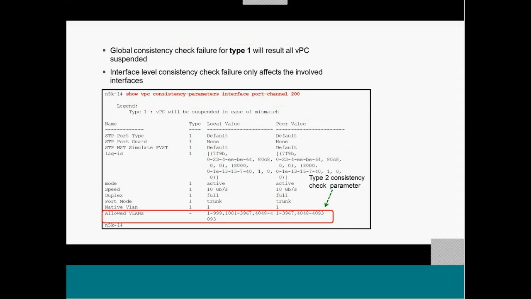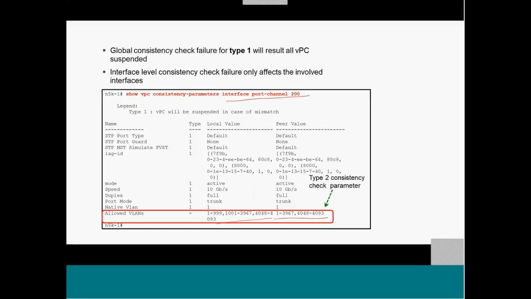This is just an example showing type 1 or type 2. As I mentioned before, type 1 consistency can automatically be seen in the show vPC brief output. It will show you that the consistency check has failed, and it will give you the reason. For type 2 consistency, you can use the show vPC consistency parameters command with the interface port channel that you have created to be part of the vPC,